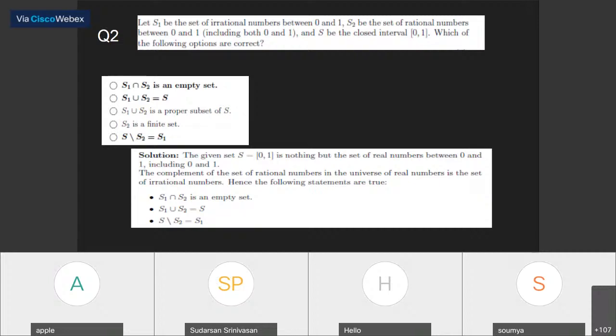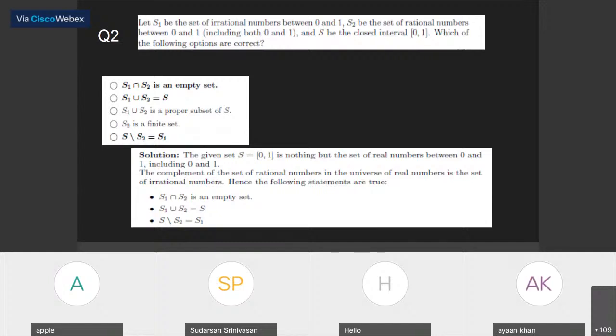So when S1 union S2 is equal to S, that means you take a set, let's call it set A, which is equal to S1 union S2. Now A is equal to S. So now we have to check whether A is a proper subset of S or not. You can speak out if you want. So here, when we call the set A, S1 union S2, for it to be